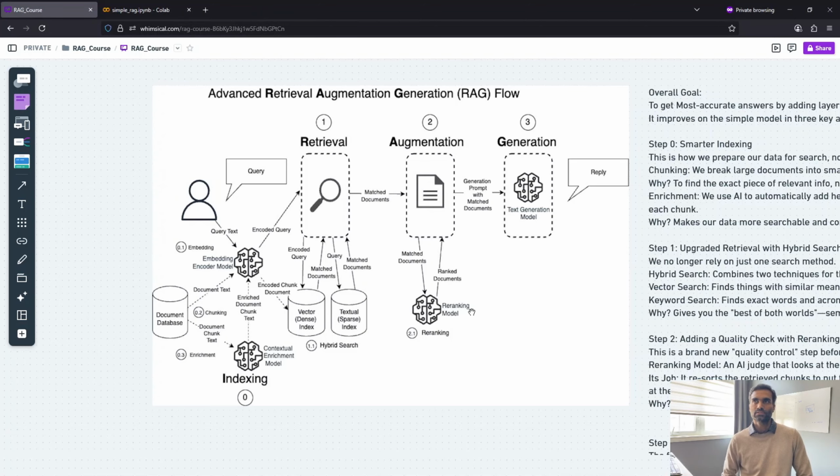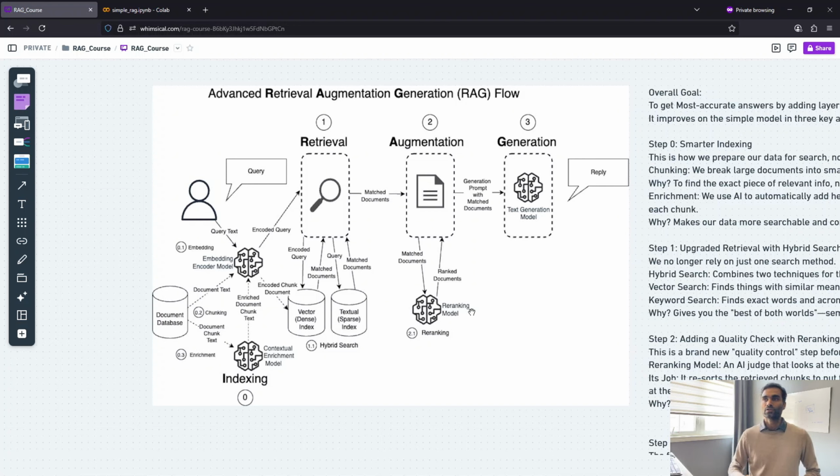Hi, now we will discuss the advanced RAG system, or advanced retrieval augmentation and generation flow. Here we already discussed how a naive RAG works and what difficulties we face in order to get a correct answer. Now we go one step further and discuss how we can achieve the most accurate answer by having techniques infused in different stages, such that we move towards a more accurate answer for a user